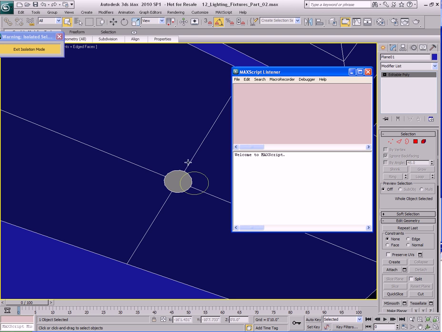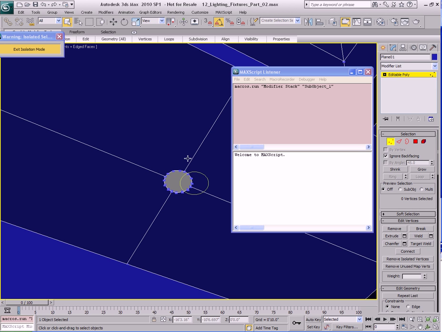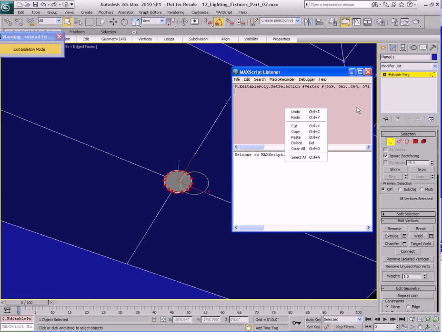So what we're going to do is go to Vertex Mode. You can see it recorded that. So I'm going to go ahead and hit Control D to clear that out. I'm going to select all of these vertices right here, okay? And what I'm going to do is,